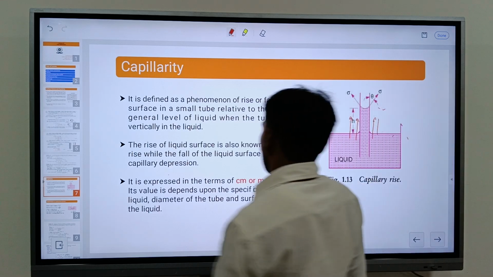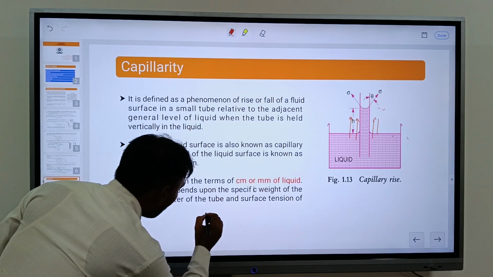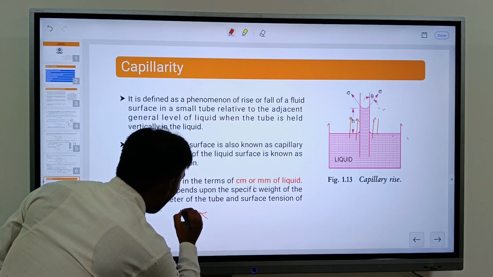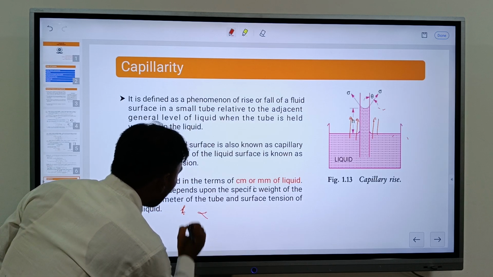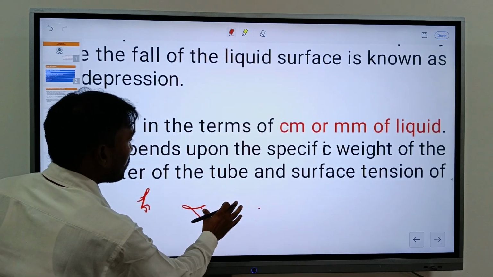So what are the parameters on which the rise of water level depends? Suppose the rise of water level is represented as small h, then it is a function of